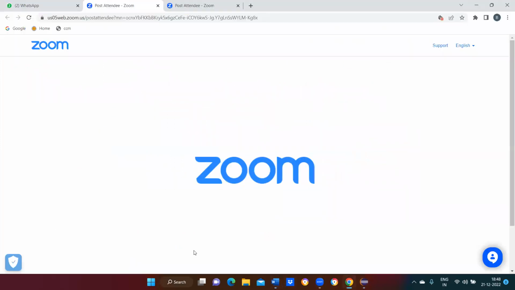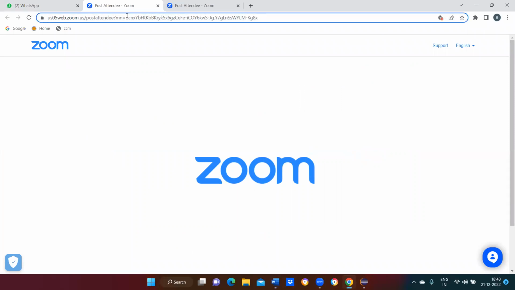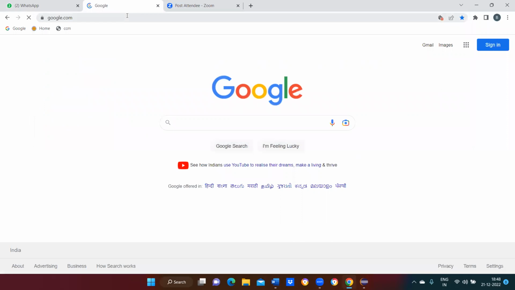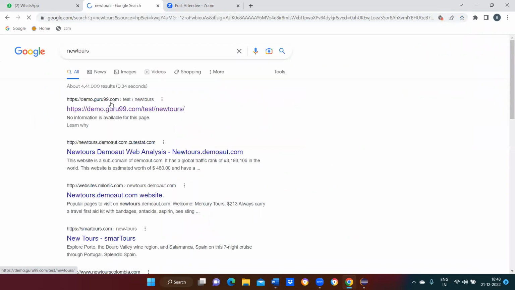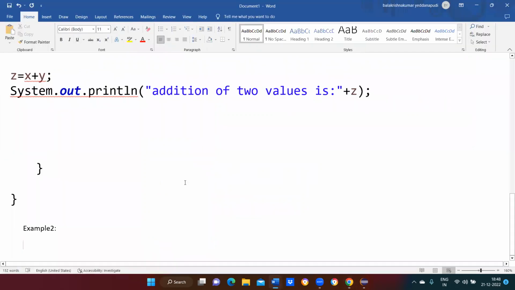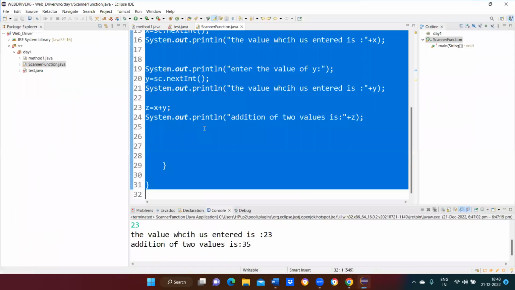Now see, we'll try to work on New Tours. Under New Tours, I want to open newtours.com and I want to enter the username and password. These two values I need to be entered by the user. We are going to give it to the user. Okay. So for that, I'm going to create a